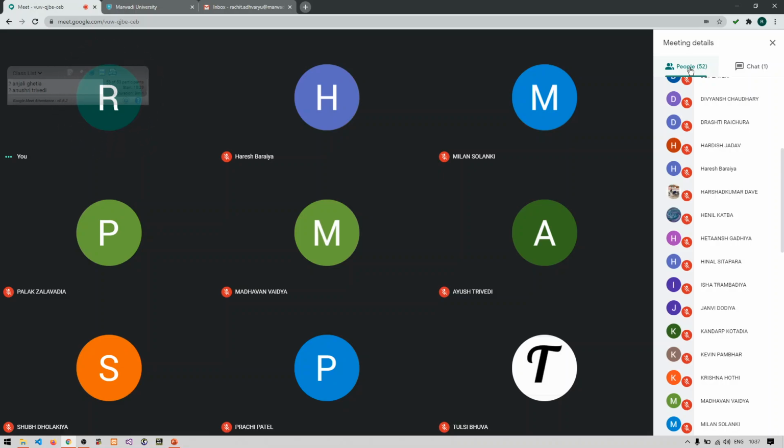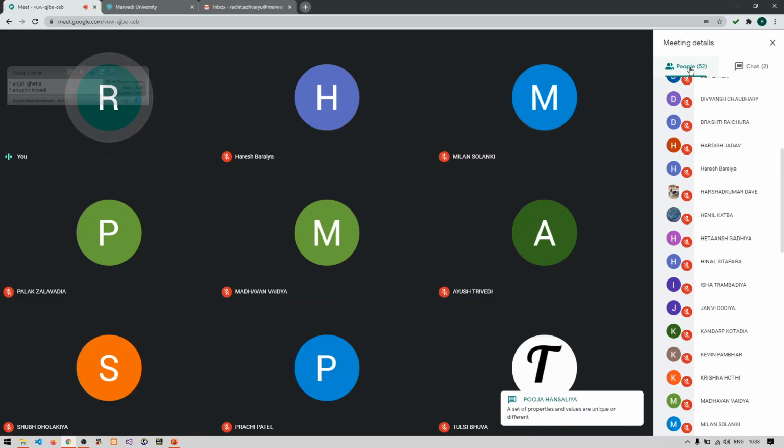Any idea? Entity. So entity actually means a particular object or a thing that is different than the other thing. Let us take a simple example. I am saying that a student is an entity.